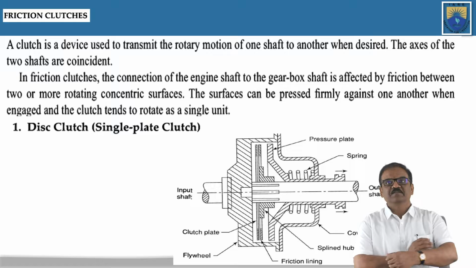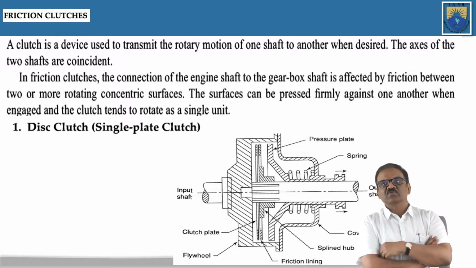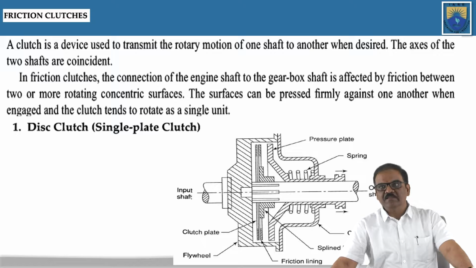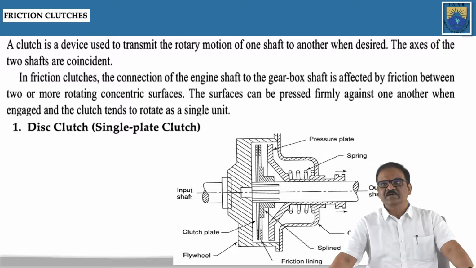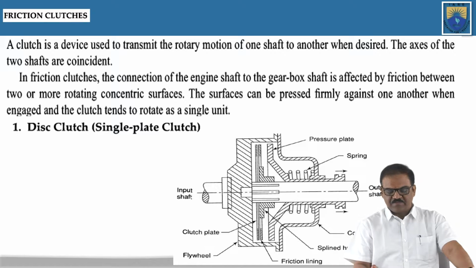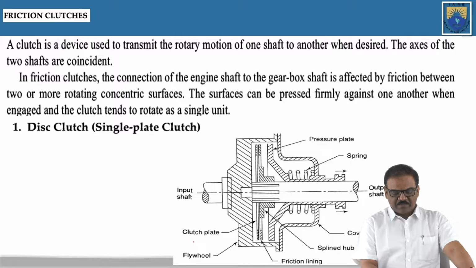a clutch is a device used to transmit the rotary motion of one shaft to another when desired. The axes of the two shafts are coincident. In friction clutches, the connection of the engine shaft to the gearbox shaft is effected by friction between two or more rotating concentric surfaces. The surfaces can be pressed firmly against one another when engaged, and the clutch tends to rotate as a single unit. We can see from the given diagram,